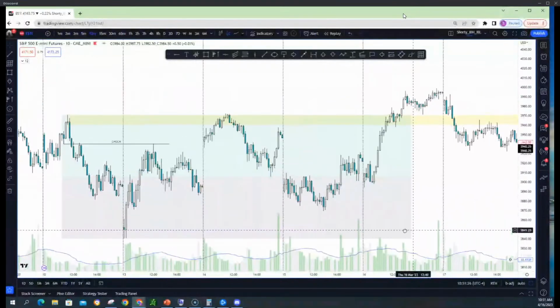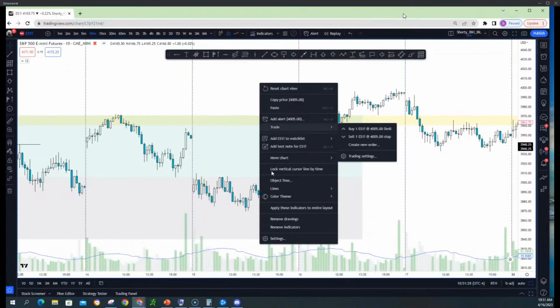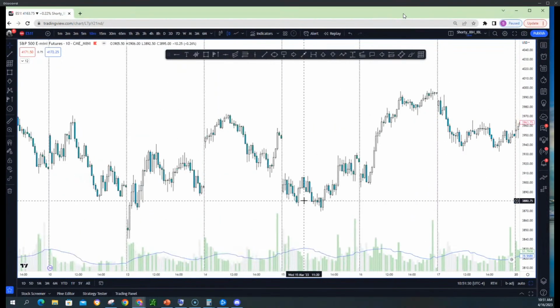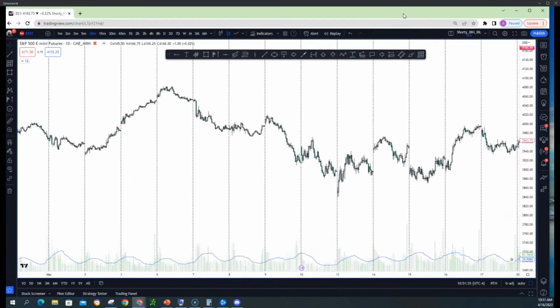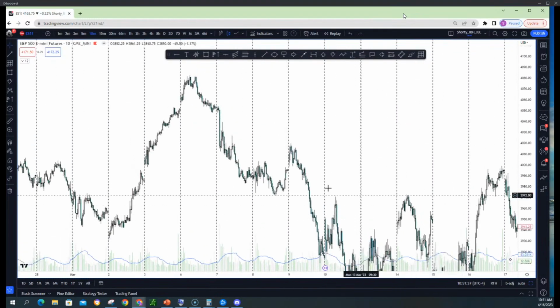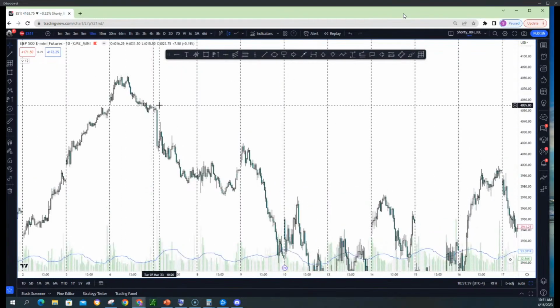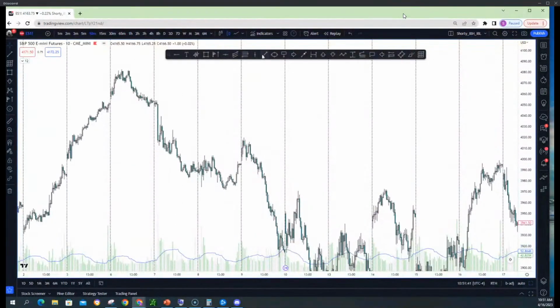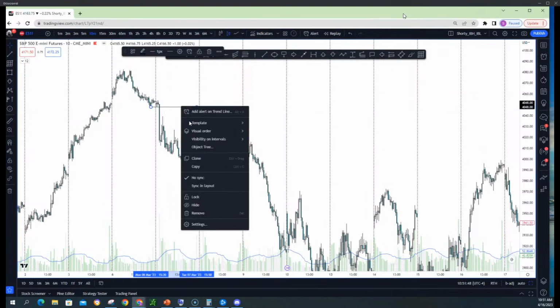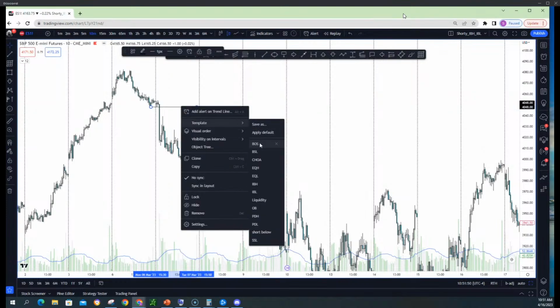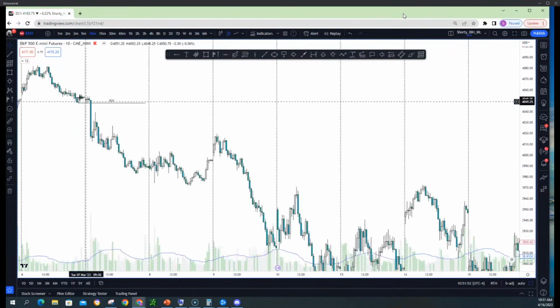If the break of structure is happening, that's different. Break of structure means you're just continuing higher or lower from whatever you're starting. So let's say here's your higher high, lower high. Your break of structure is really just this right here. You're continuing, in this case, lower. So you had an uptrend, now this is your break of structure, and now you're continuing lower.